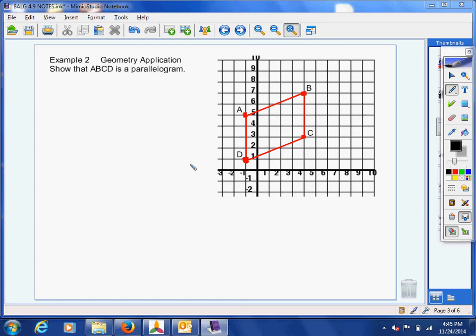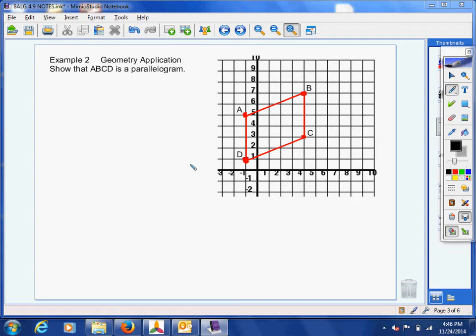Graders, it's Mrs. Thompson. We're going to do 4.9 example 2 today, and I don't think this will take too long. I think this will probably be a really simple lesson, especially if you just got done watching example 1. We're going to do a geometry application today, and our job is to prove that ABCD is